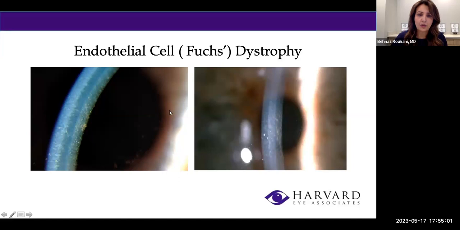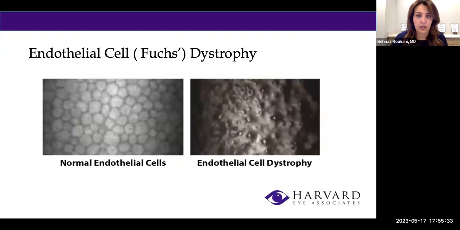And this is what it causes. They cannot pump enough fluid out of the cornea, therefore the cornea becomes swollen. You can see some swelling about here. This gives a bit of foggy or blurry vision to patients. Sometimes it's so subtle that it doesn't cause any cornea swelling, but knowing it is there helps the surgeon prepare a few extra steps during the surgery to prevent the cornea from losing further cells following surgery.